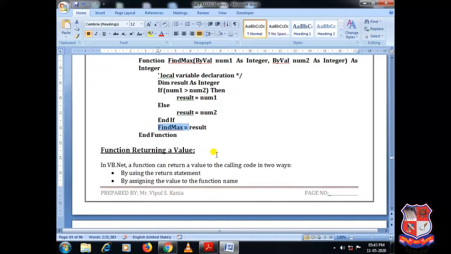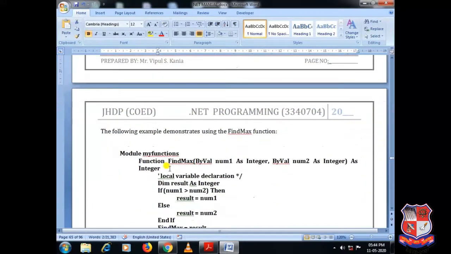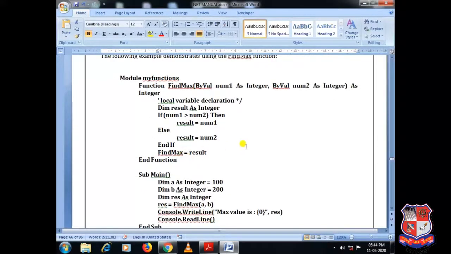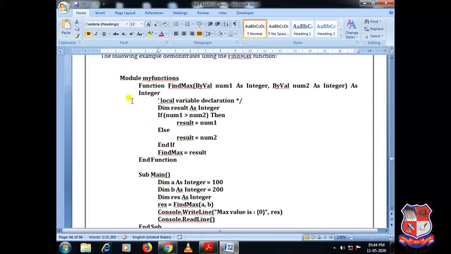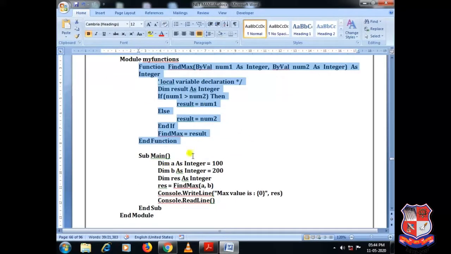Okay. Function returning value. In VB.NET, a function can return a value to the calling code in two ways, by using the return statement and by assigning the value to the function name. The following example demonstrates using the FindMax function. As you can see, this is the same logic we have understood above, but over here I have written this code along with the main method, right?